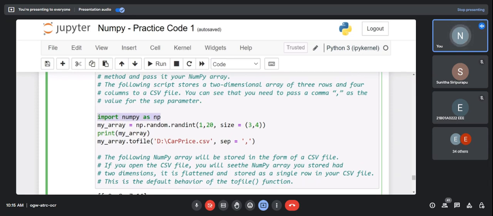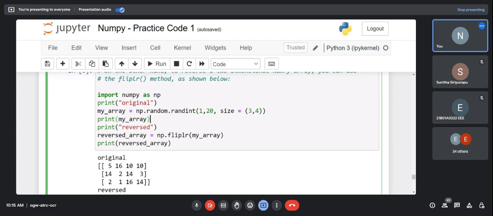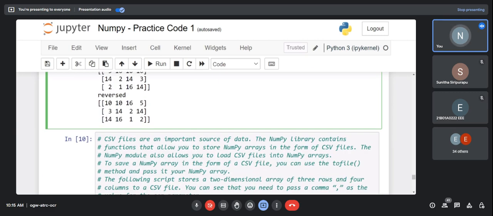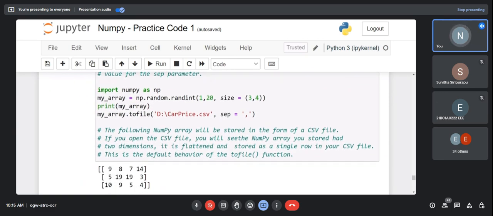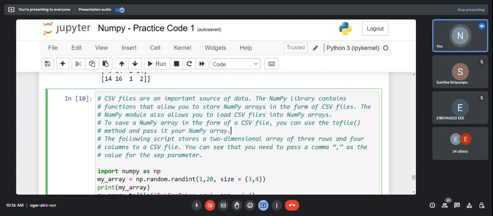Let us consider what's happening. Import numpy as np, np.random.randint 1, 20, size 3, 4. That means same stuff which I have used here. I am creating 12 random numbers from 1 to 20, that means I am having 3 rows and 4 columns. All right, and let me print this also. Print array. And then array2 file car price.csv. That means what I need to do? It has been told that